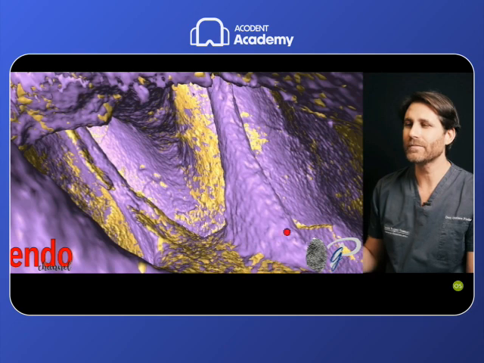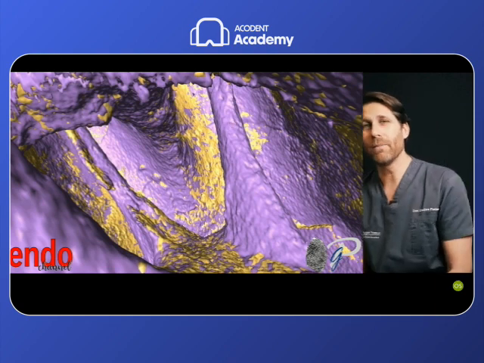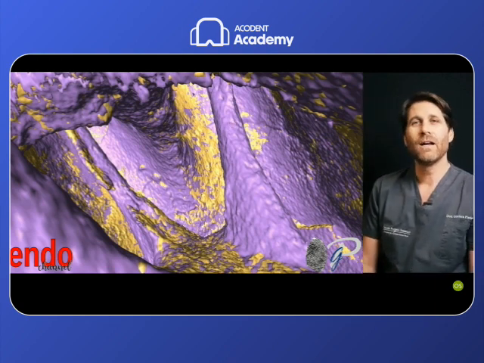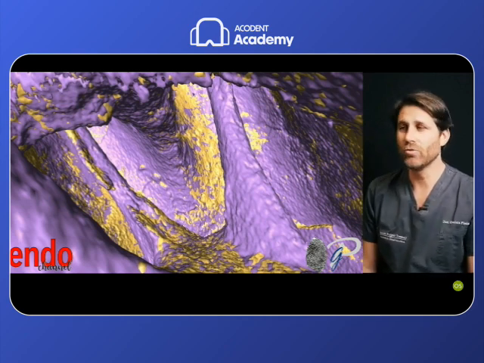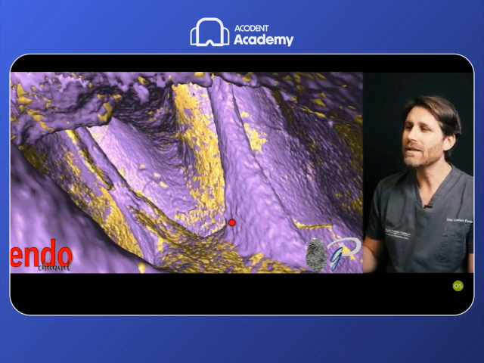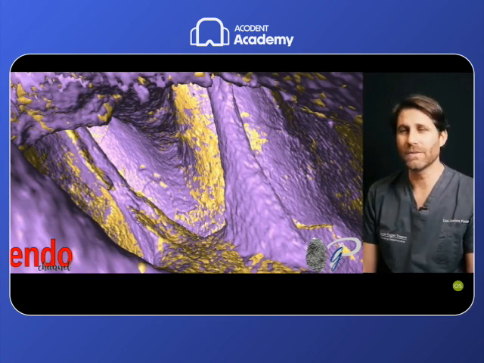And here you can have a look at the amount of dentin that we have to remove at the end of the preparation of this root canal, to permit a safe, effective, and predictable preparation of this MB2 root canal up to the terminus. So we can remove this amount of dentin, this triangle of dentin, with different strategies.